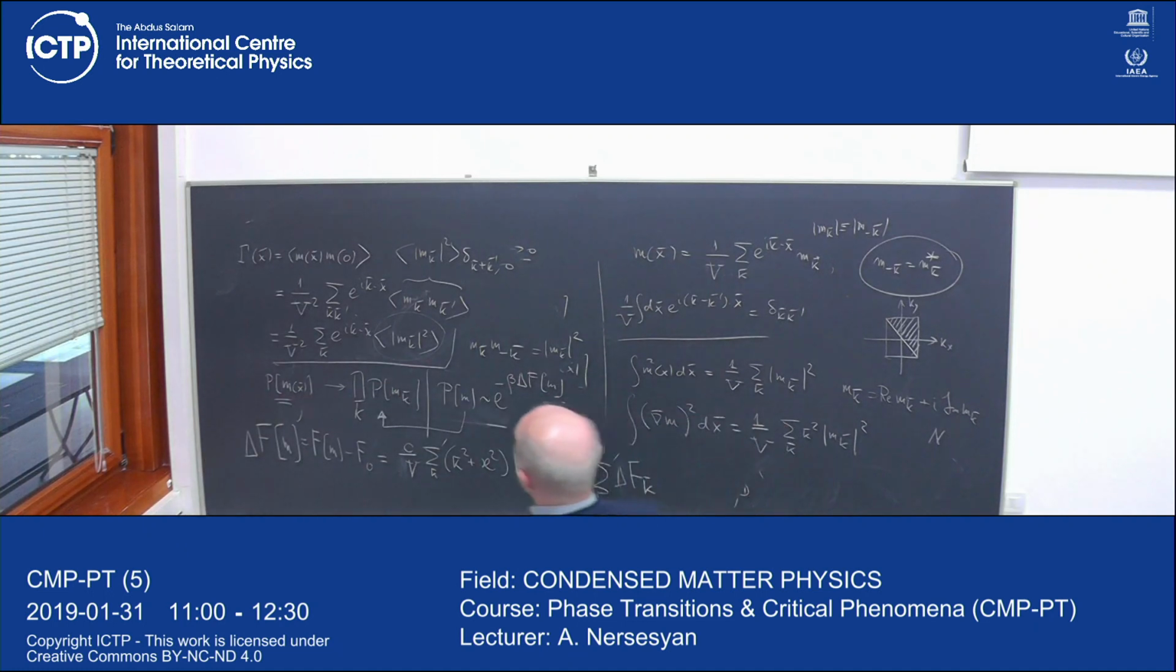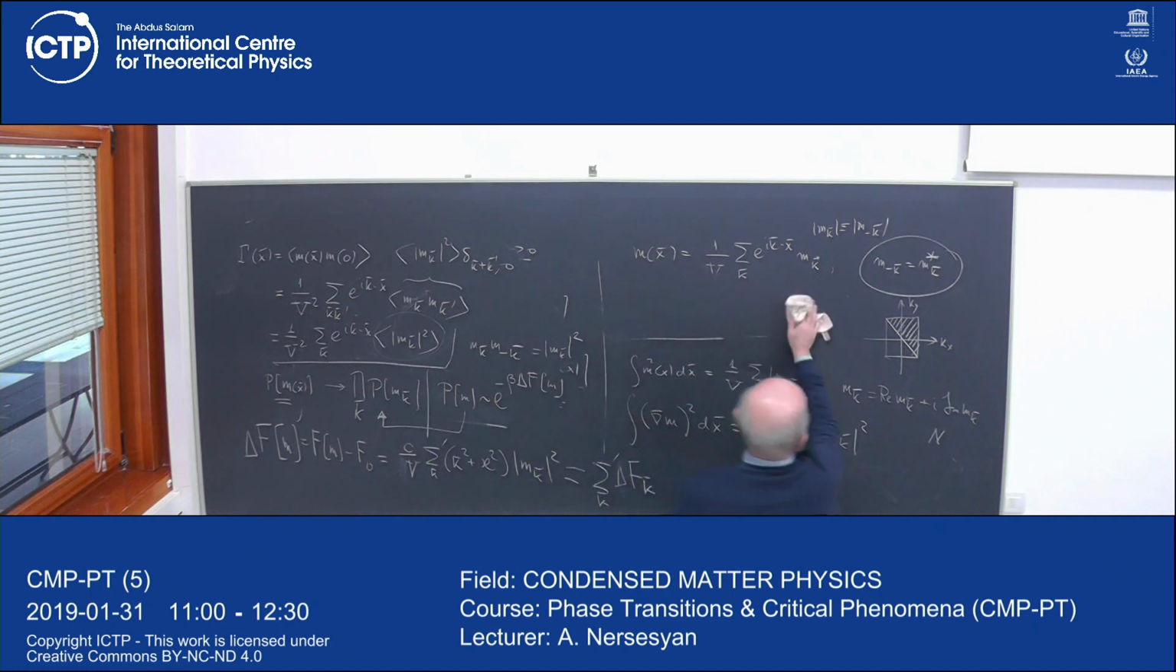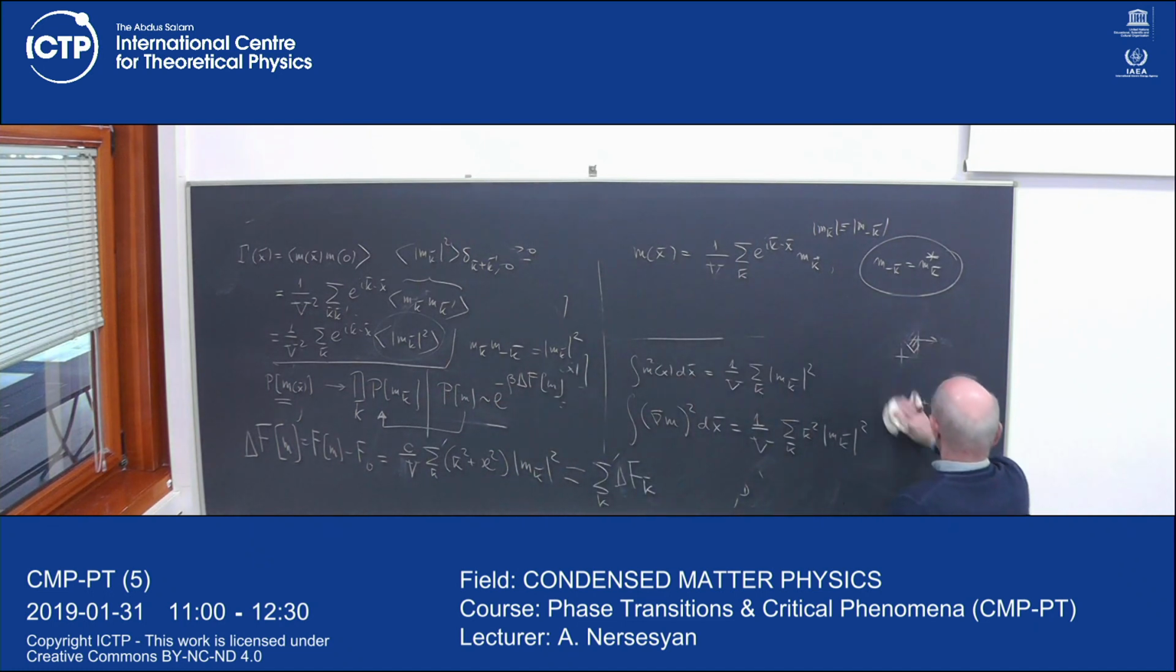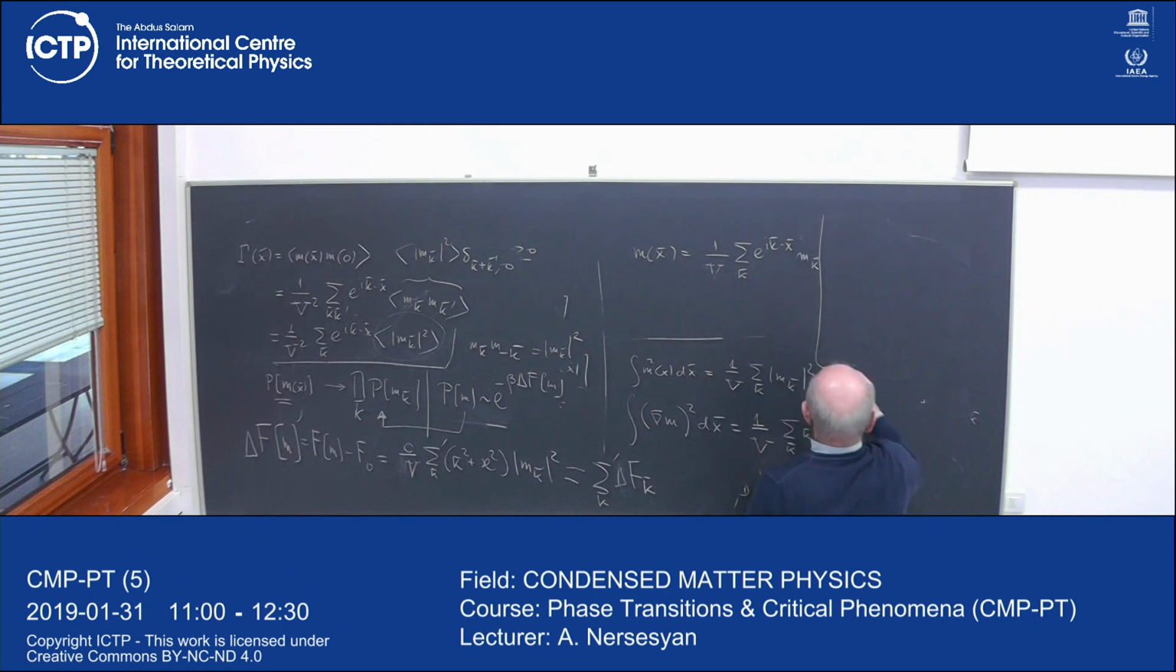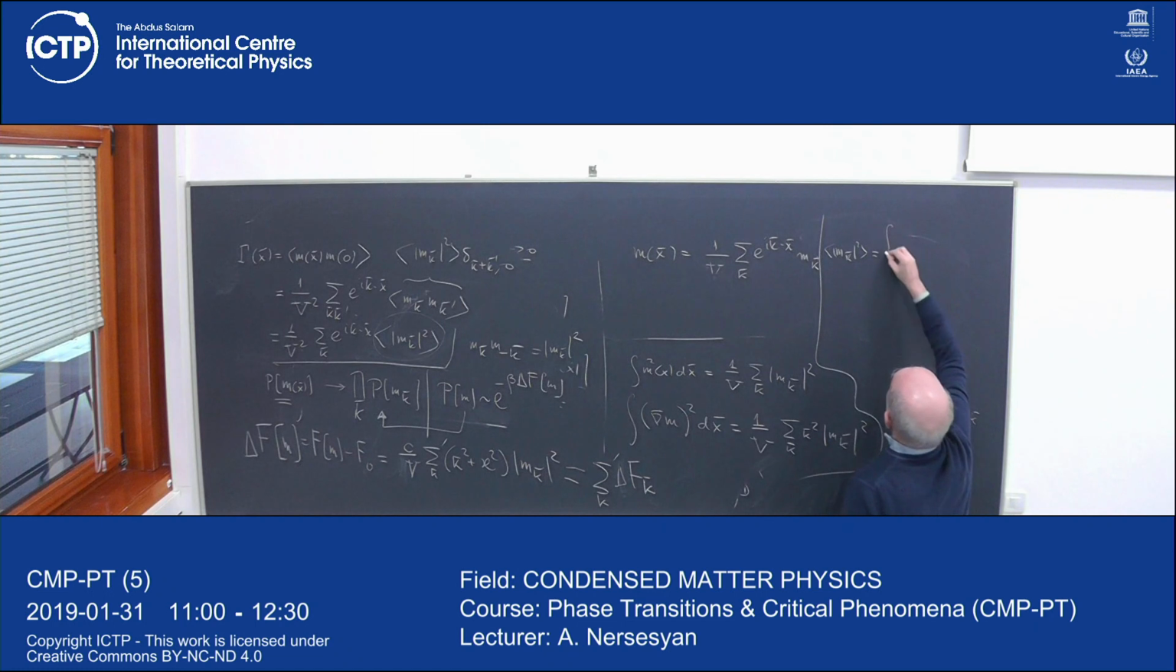So therefore, I can immediately write down, I don't need this, I don't need this. Neither of this is needed. I can immediately write down the average value of modulus m k squared. Should be what? Should be the integral